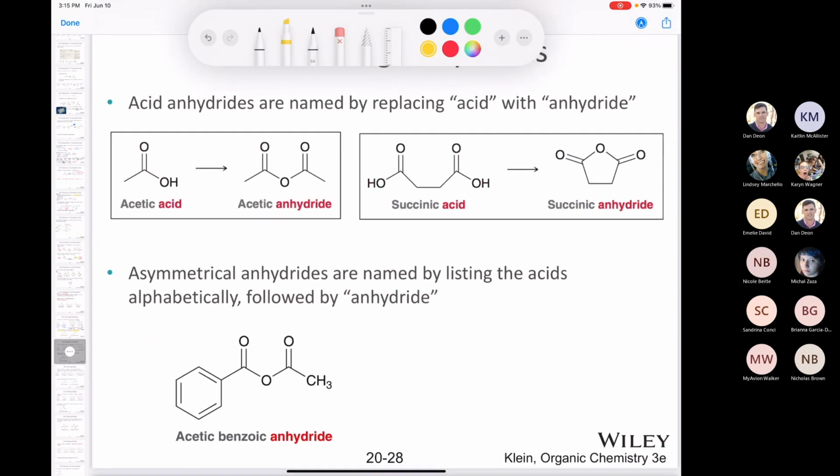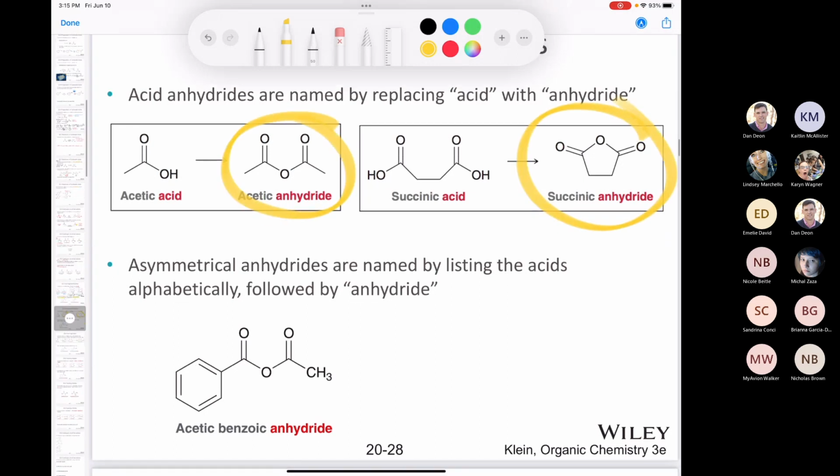And acid anhydrides, on the other hand, we replace the word acid in our suffix with anhydride. So if you have acetic acid, you have acetic anhydride. If you have succinic acid, you have succinic anhydride. Now you notice that this and this, they're both symmetrical. What do you do if you have an anhydride that's